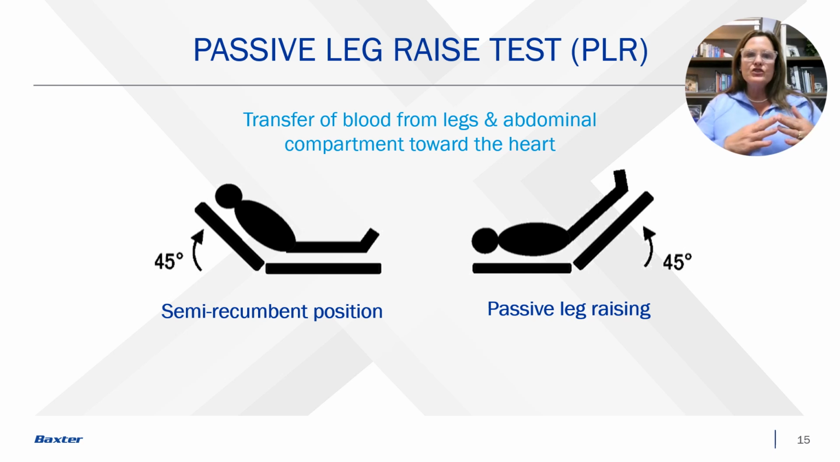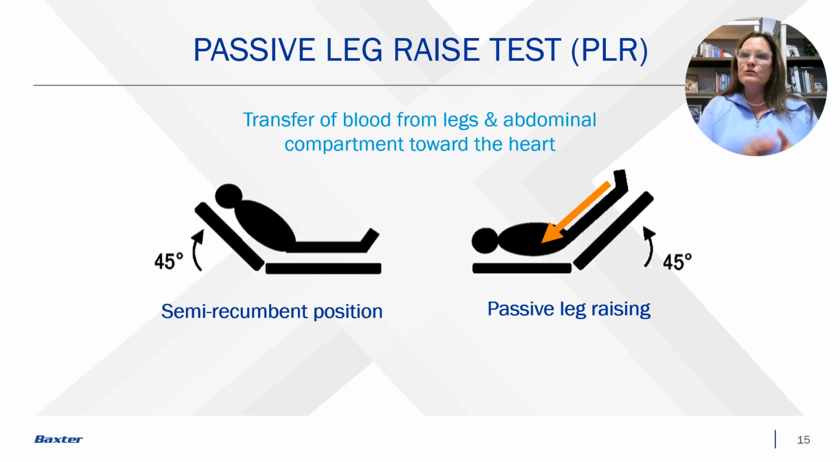And we're trying to pull that blood off from the top part of their heart on down, so that when we lay them flat, we can really see with that blood flow coming back to their heart if they're truly going to be fluid responsive. So we're transferring blood from the legs and the abdominal compartment toward the heart. So notice we start in that semi-recumbent position, and then we do a passive leg raise, which means after you've